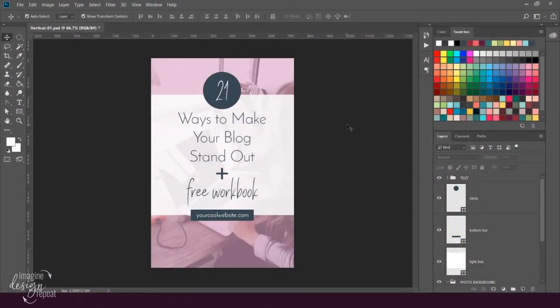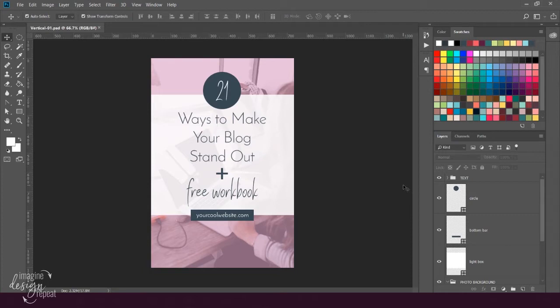We all know that you can have the best content on the internet, but if your graphics aren't great, no one will ever read your fabulous blog post. Luckily, getting the right graphic is one of the easiest parts of blogging if you have the right tools, and that would be templates. Now I'm going to show you just how simple it is to take a graphic like this and customize it for your next blog post in only a few minutes. This is exciting stuff because it frees you up to get back to writing great content and you're going to